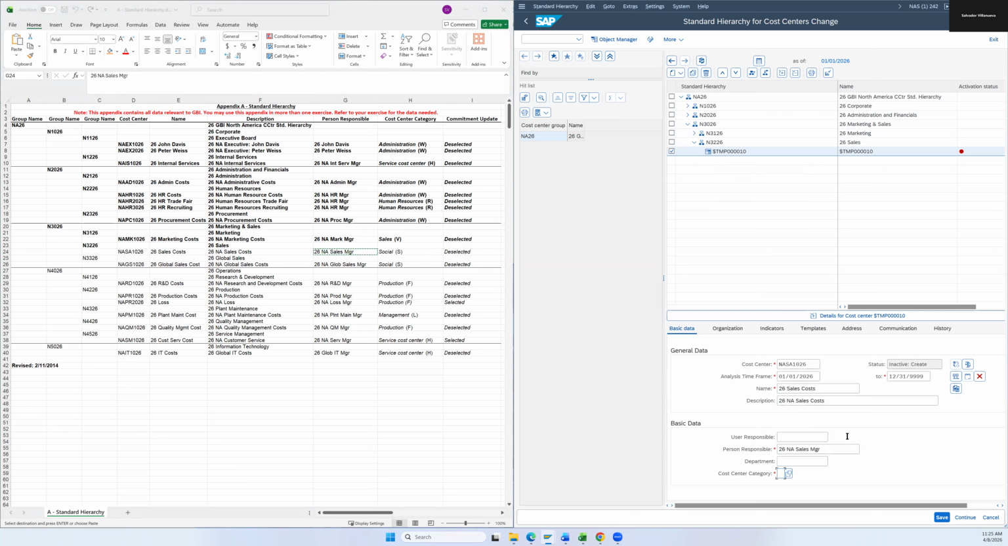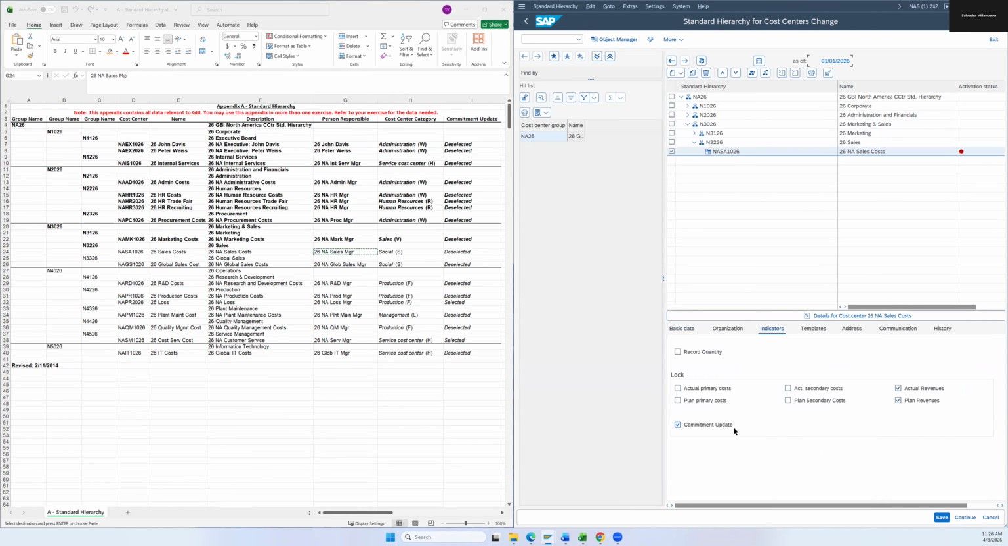And this is going to be social. So we're going to put an S here. So double checking, 1026, cost sales, NA cost sales, NA sales manager, S and indicators, deselecting the indicator for commitment update and clicking save. So that's done. Let's bold that line out. And we can see that's done there. We're gonna shrink that